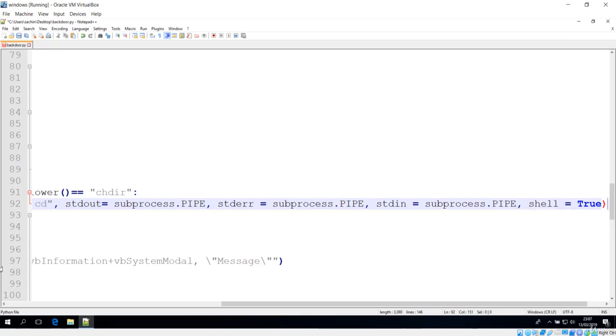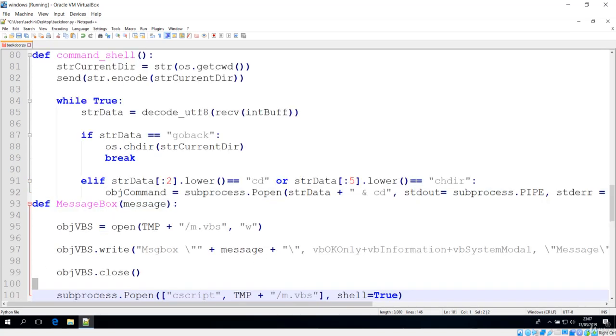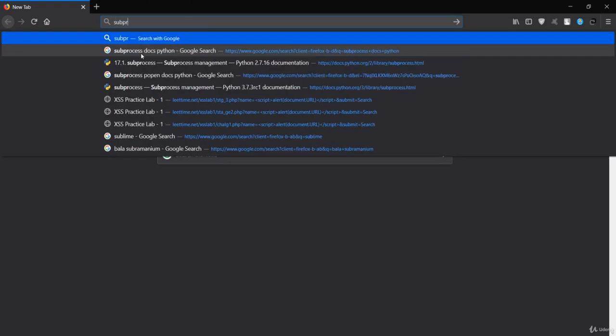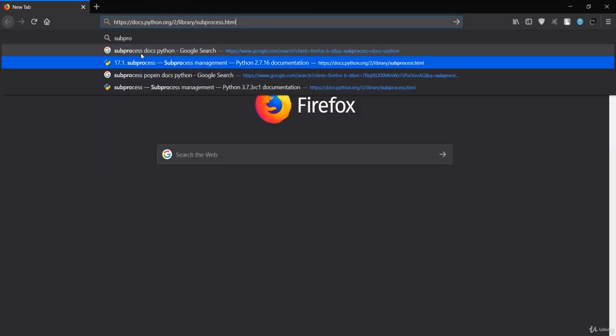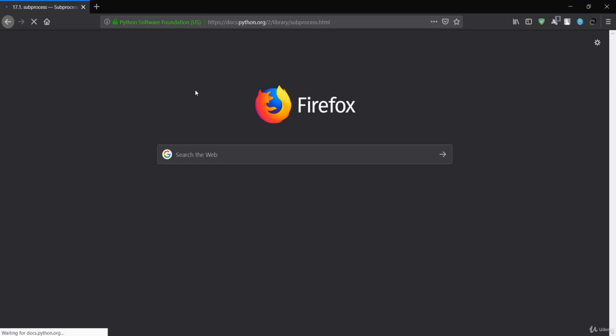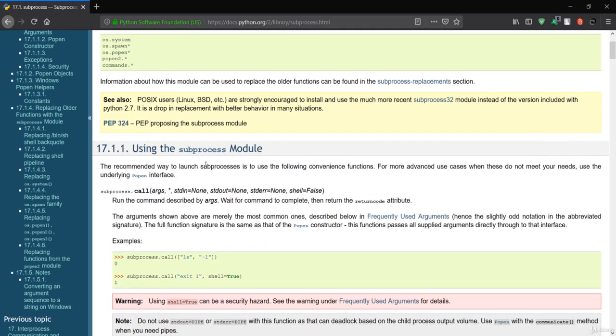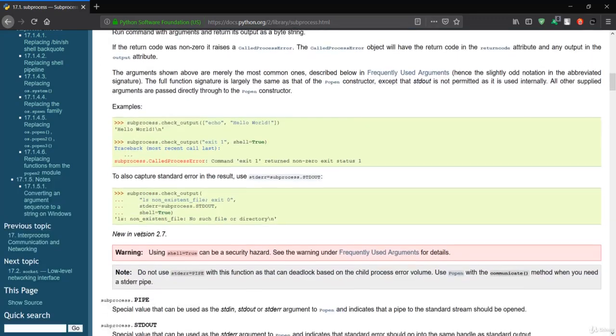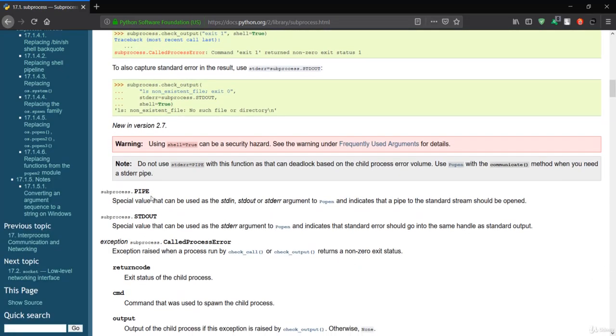So let's see this documentation. Let me check the documentation for this pipeline, or basically subprocess. This is the link to check for subprocess. You can see we have a call method. We are not using that call method, but we are using PIPE over here.